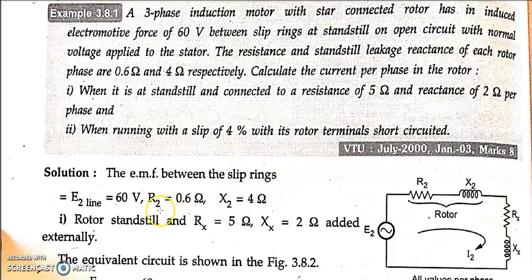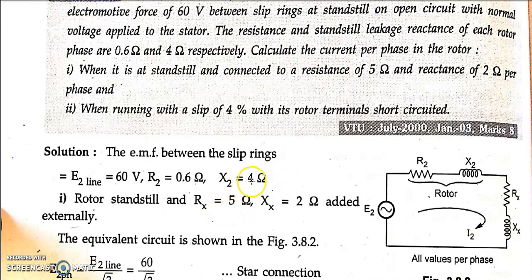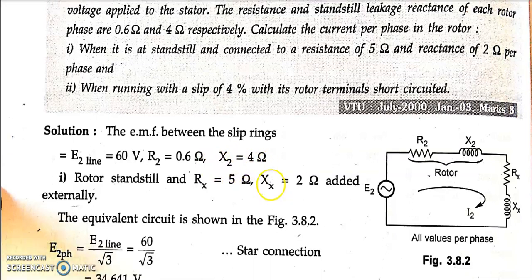It is not X2R. Remember, there is no change in the value of R2 whether it is running or standstill, but there is a change in X2 and X2R depending upon standstill or running. Here it's clearly mentioned the resistance and standstill leakage reactance, so I am referring to it as X2 equal to 4 ohm, not X2R. For the sake of convenience we have drawn just one phase; like this we will have 3 phases. So per phase, if you draw the diagram of this rotor part, we know EMF is induced, and the rotor consists of resistance as well as reactance.